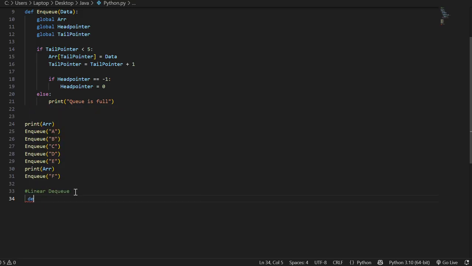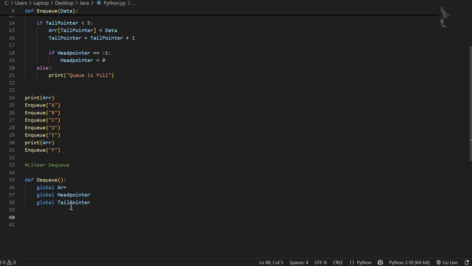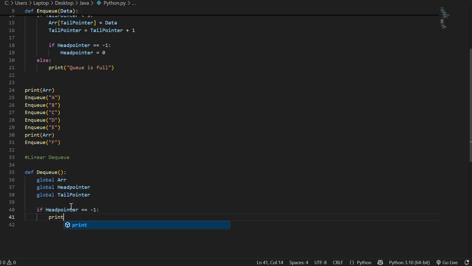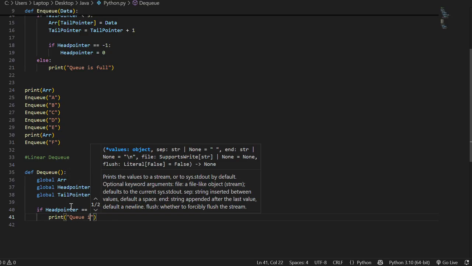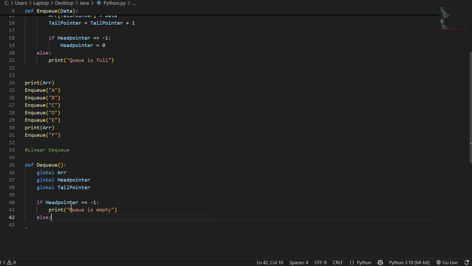So first, let's take these 3 as global. Then let's check if head pointer is equal to -1. We're going to print queue is empty. Else,